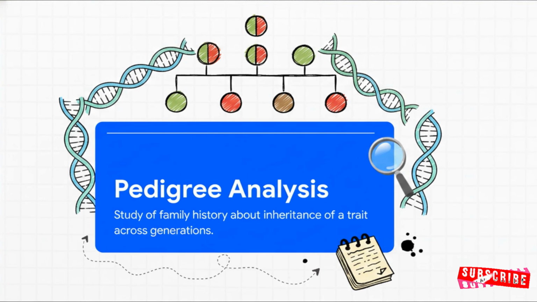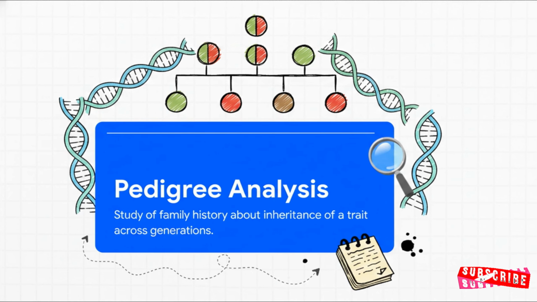Obviously, we can't easily perform controlled genetic crosses in humans. We take way too long to grow up. Instead, scientists use pedigree analysis. This is basically the study of family history regarding how a particular trait is inherited across several generations. It's essentially a detective's tool for mapping the human genetic manual, letting us trace exactly how a specific gene travels